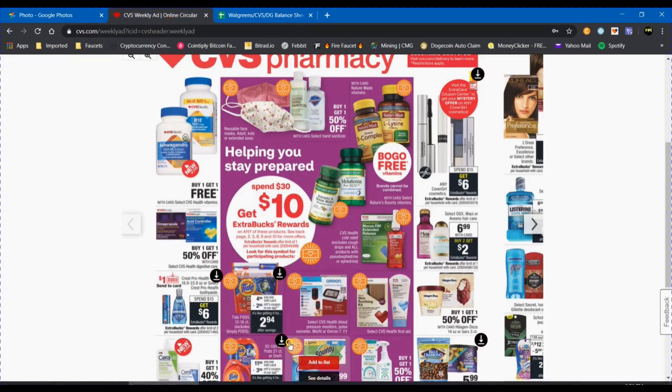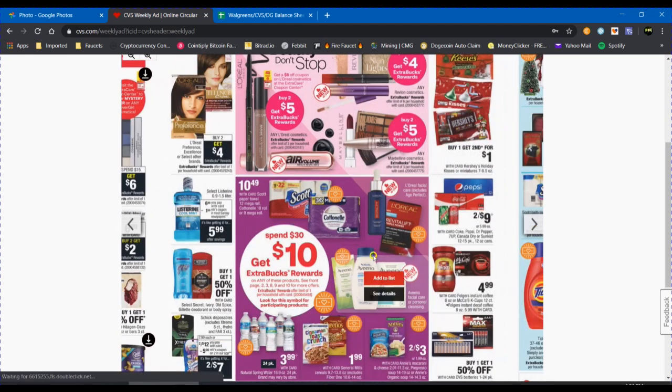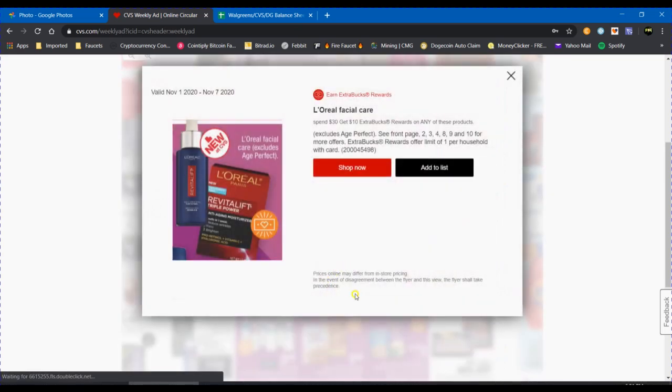So here is the ad, and the deal this week is if you spend $30, you get $10 back in extra bucks. The Tide, the Gain are both included, as well as the L'Oreal facial care. Now let me zoom in on the facial care on the L'Oreal and I'll explain the exclusion there that sort of messed me up. See, it says excludes Age Perfect,